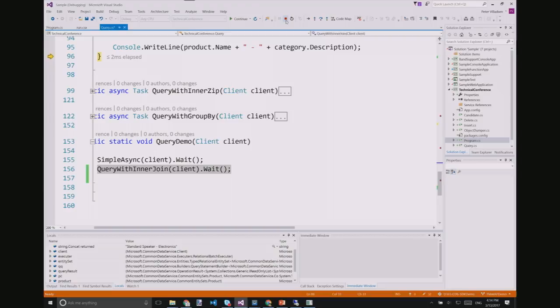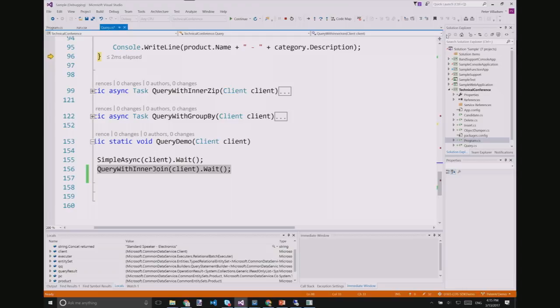The other option is to use something called generic relational entity, which is just a property bag, where you say name value, name value, name value, and just like in ADO.NET, you can get a field by its name, and so on. So that's another way that you can consume this with a minimum of actual overhead.